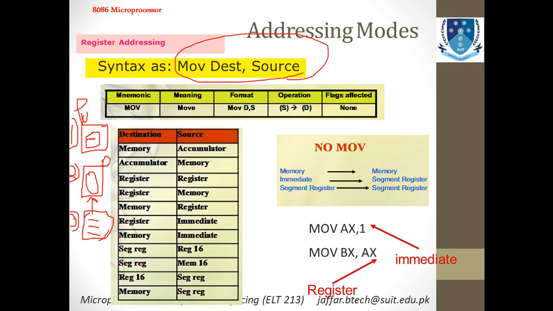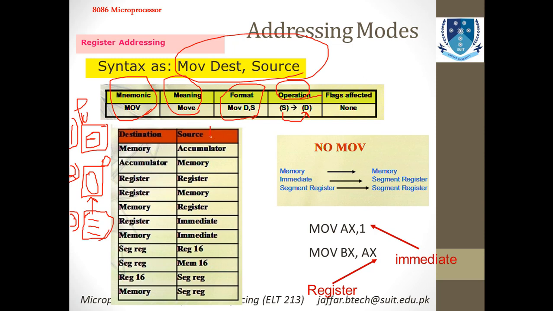So moving swiftly on, you can see that this is known as a mnemonic, MOV, and this is the meaning of this mnemonic, and the format of this instruction is this. And what does it do? This basically shifts the data from the source to the destination that is mentioned over here. The flags involved: no flags will be affected when you run this command or this instruction. No flag will be affected.